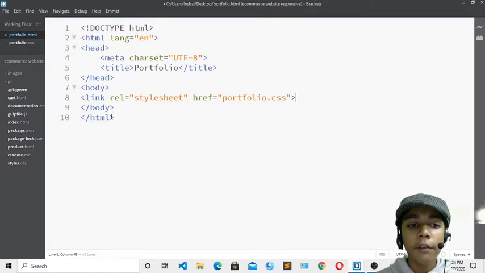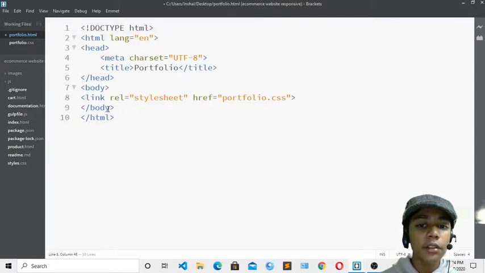Today we will not take any font link, because I have already installed every font in my text editor. So I will just write the name of the font when I am writing it in the CSS file, and then it will automatically appear. Here you can see that I have done that.